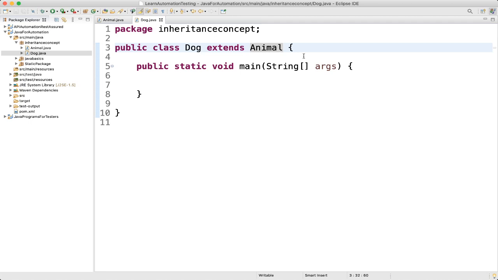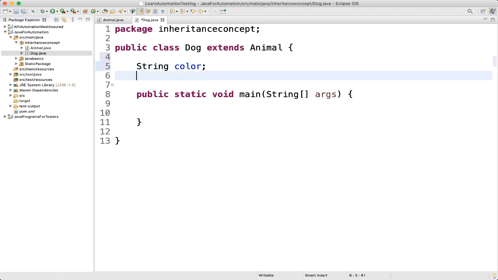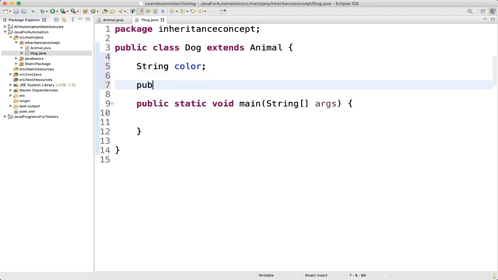Then what will we do? For example, inside the Dog class we have a few variables, String color. Then let's see, we have one more method here, public void dogBark.